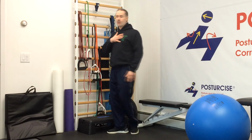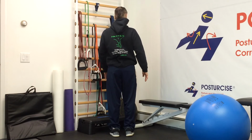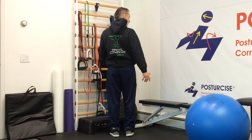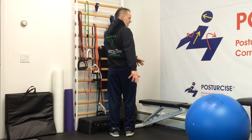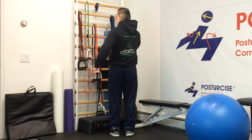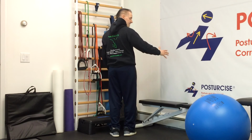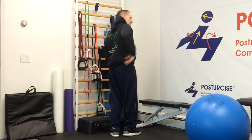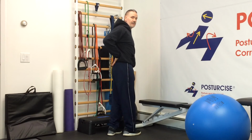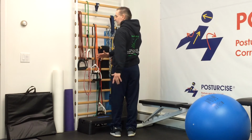If I had a rotational problem in my torso, let's say that my pelvis was okay, but I had a tendency to move more to my right side with my torso, meaning that I have a lot more motion this way and I feel a little tighter this way. That's associated with the dominant latissimus dorsi muscle. This muscle on this side is used to moving back, the other side isn't. There's a chronic pulling because the lat dorsi attaches to the lower back on that side. So if I'm inhibited or if I'm weaker or tighter moving to the left,